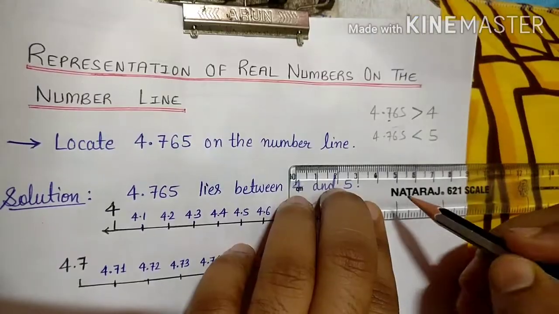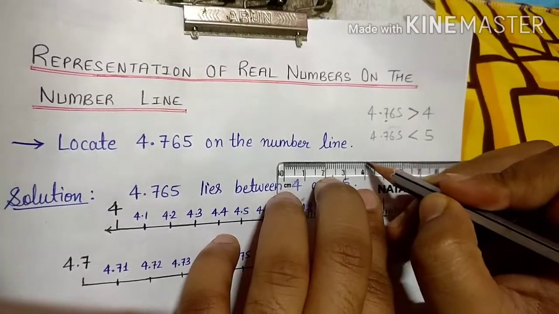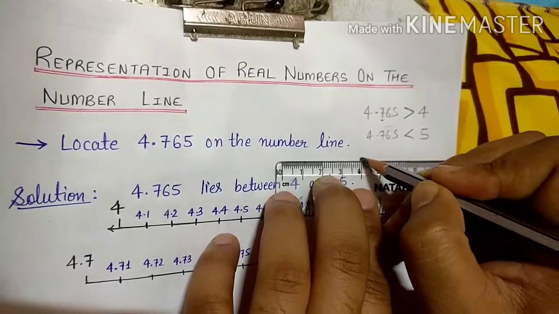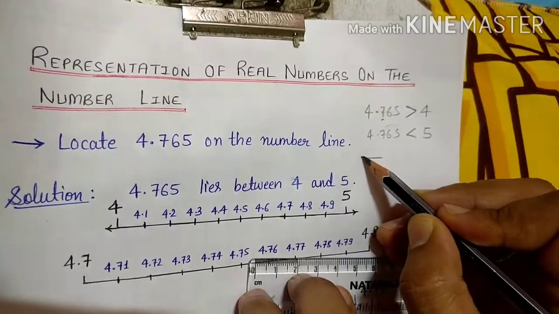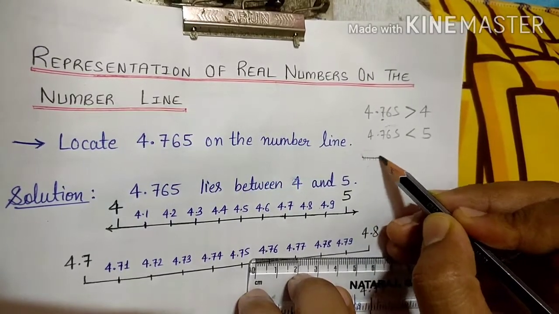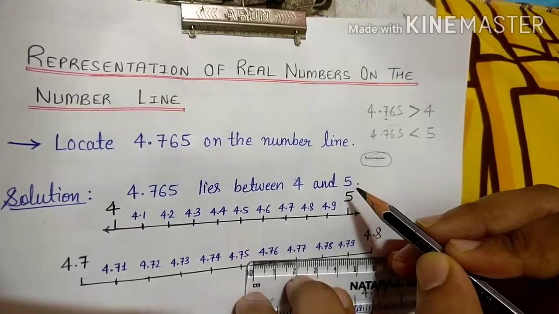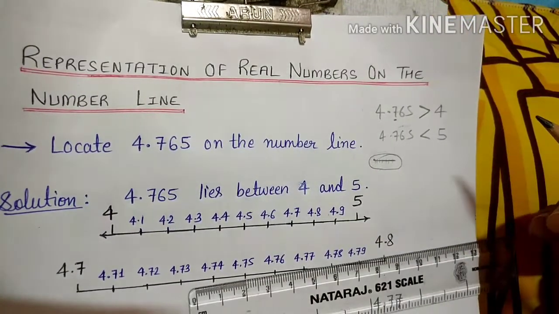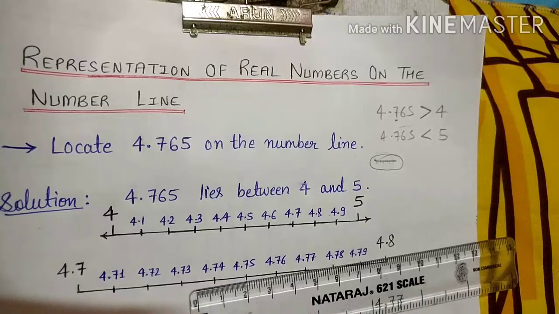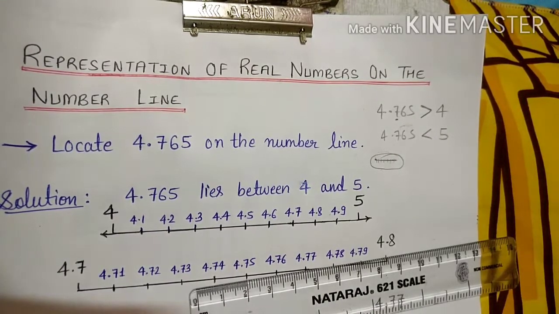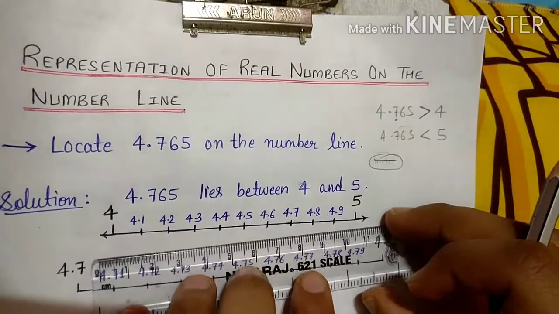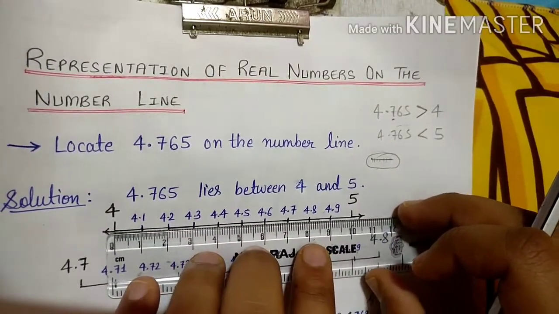When we try to locate this point between 4 and 5, see just your scale, the distance between 4 and 5 is very small, and we have to represent this one in between. So it seems very small. You know very well that we use a magnifying glass to see small objects in a larger view. The same method we are applying here: the process of successive magnification. We think of using a magnifying glass, so we divide this gap between 4 and 5 into bigger space.